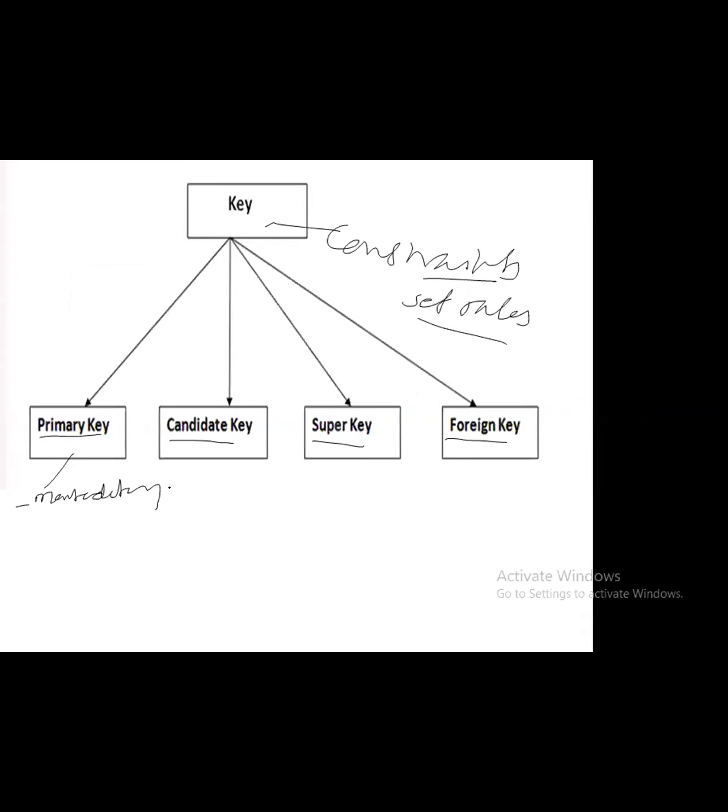So I can say it should not be empty. Okay, not null. That means it should not be blank. Unique key. Yes, in our case, not null means it should not be blank. That is not null, and it is compulsory.